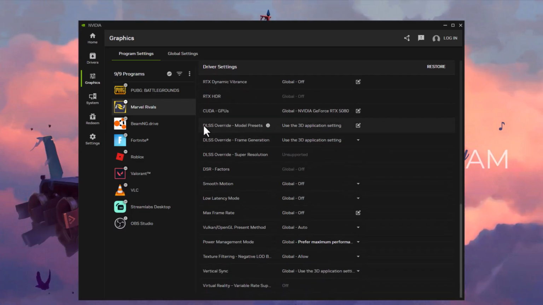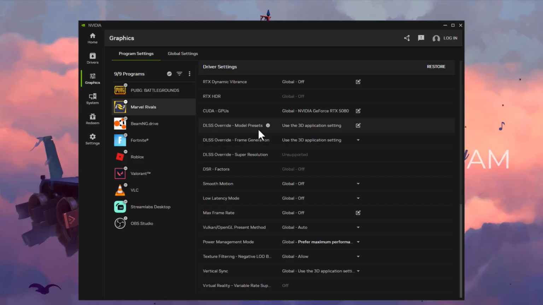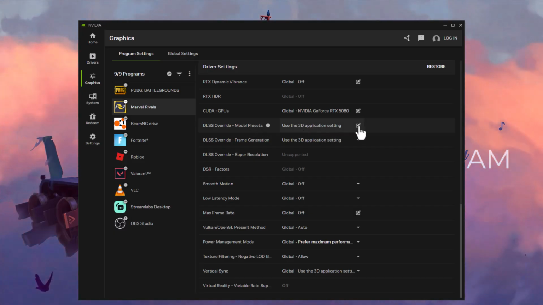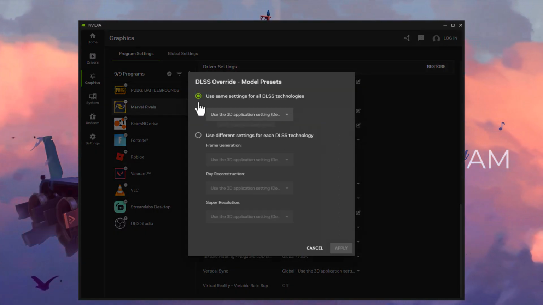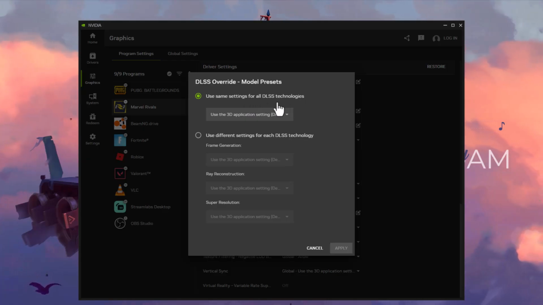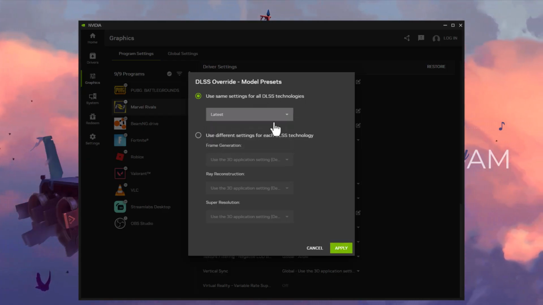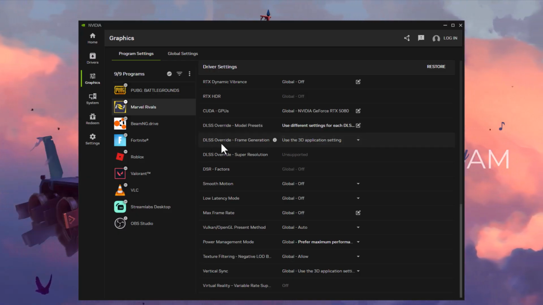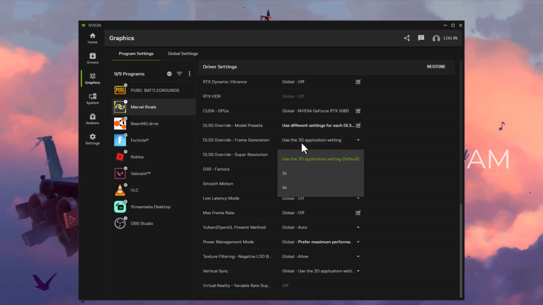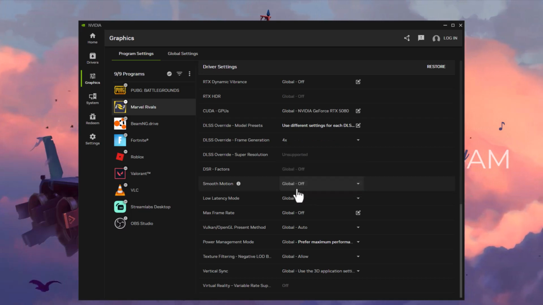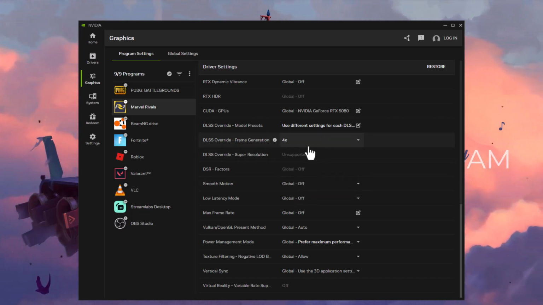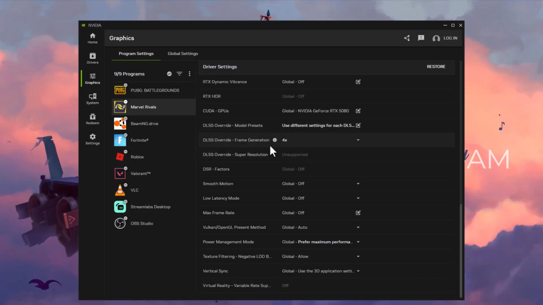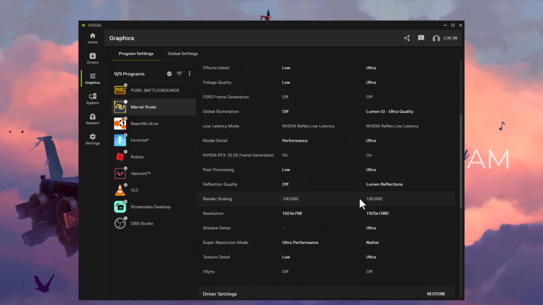You will be able to see DLSS override model presets. Click on this pencil icon and use the same settings for all DLSS technology. Click on this drop down and select latest and select apply. And under DLSS override frame generation, click on this drop down and select 4x. This is the DLSS 4 guys, and now you just need to